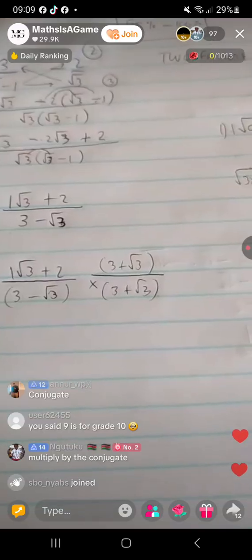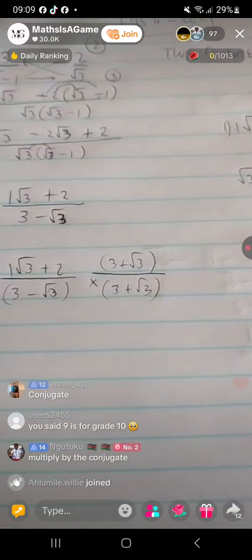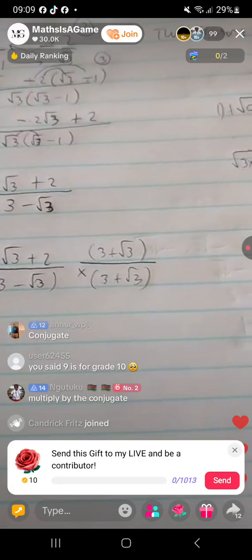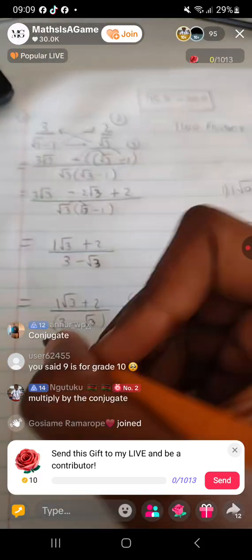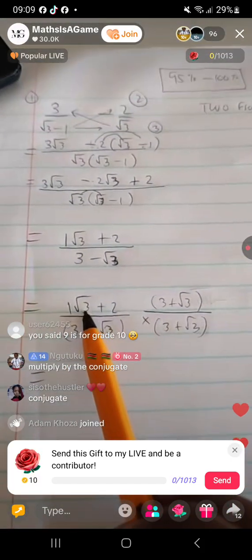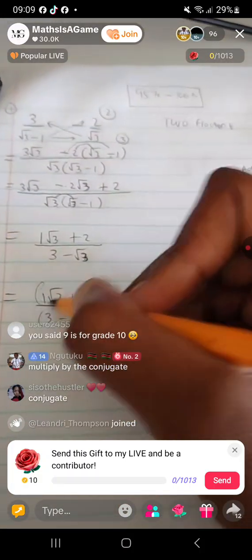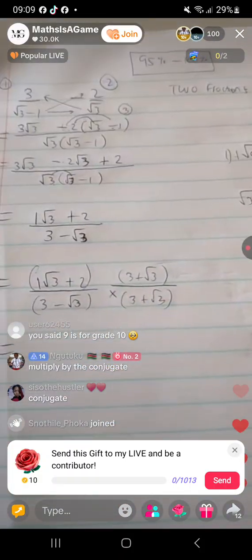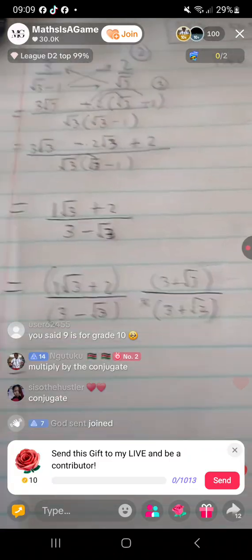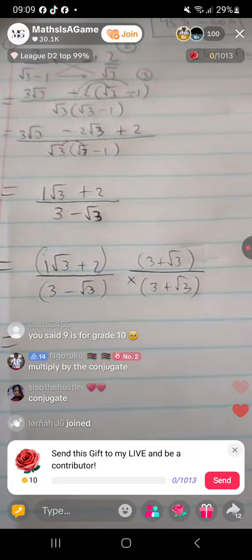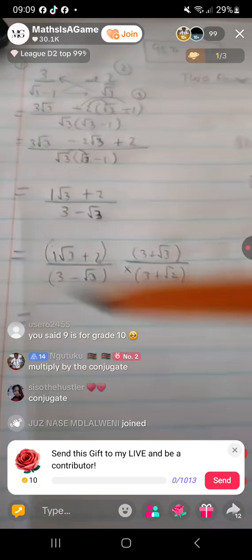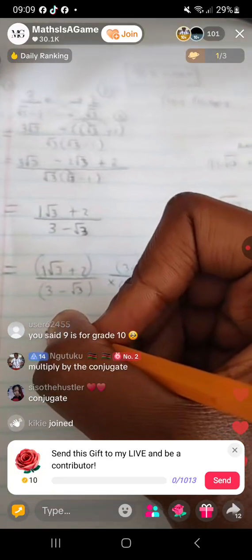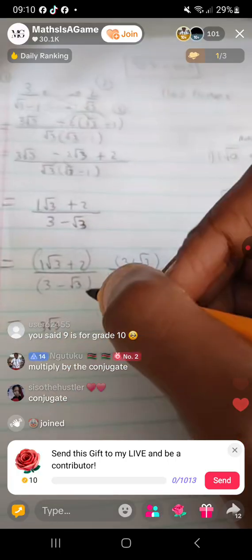So that big word you guys love so much, conjugate. It's almost as if you found a new love. So let's go. Now it's like we're back at grade 9. A binomial by a binomial. You should know what should be done. There at the top, you are going to have 3 root 3